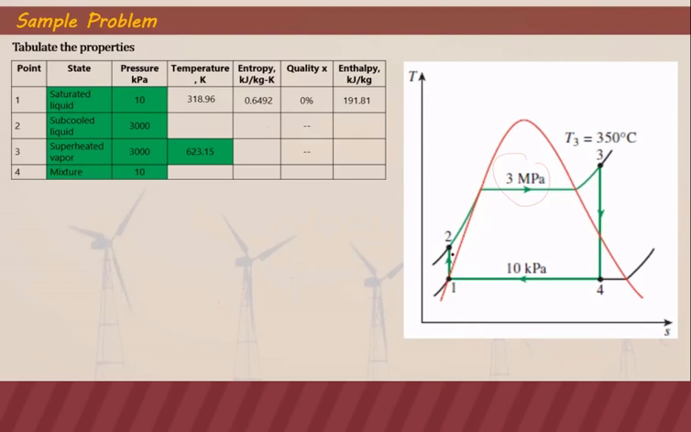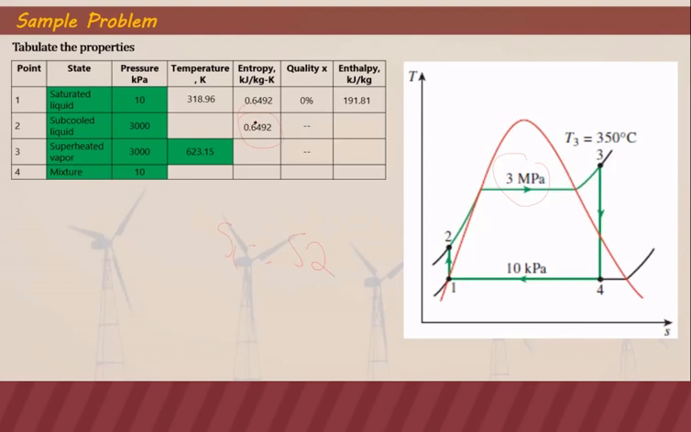Now we are ready to solve the property at point 2. Based on this table here, based on the TS diagram, process 1 to 2 and process 3 to 4 are isentropic processes. So meaning the entropy at point 1 is equal to the entropy at point 2. If that is the case, our entropy at point 2 is the same as the entropy of point 1. That's why we have here